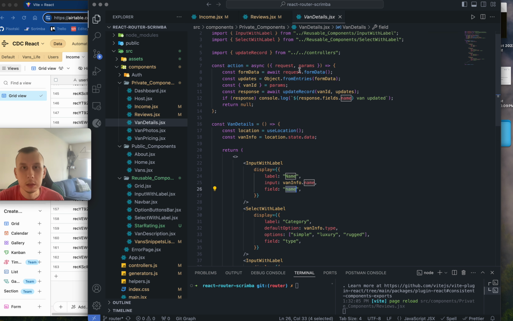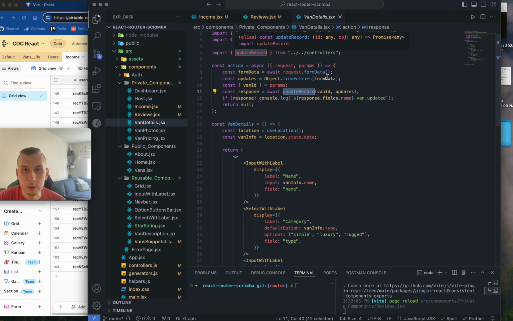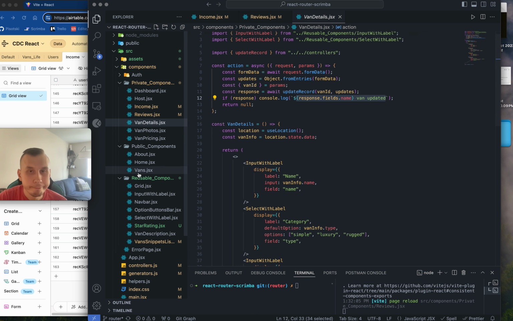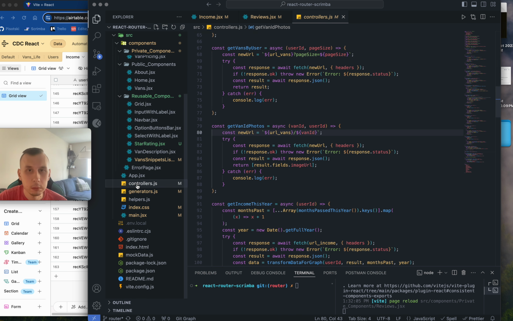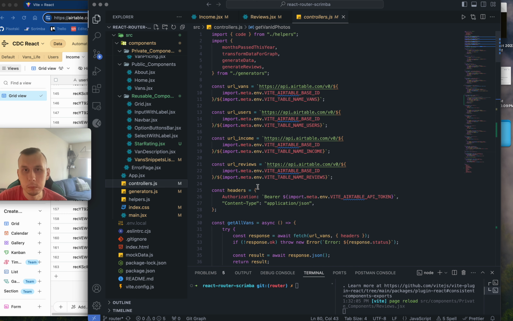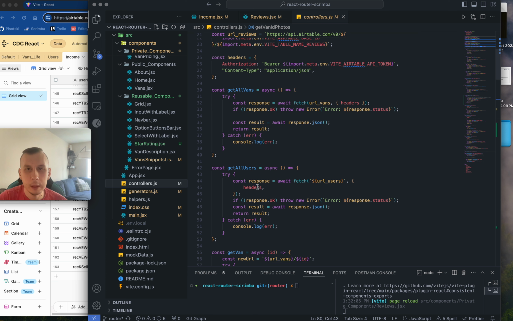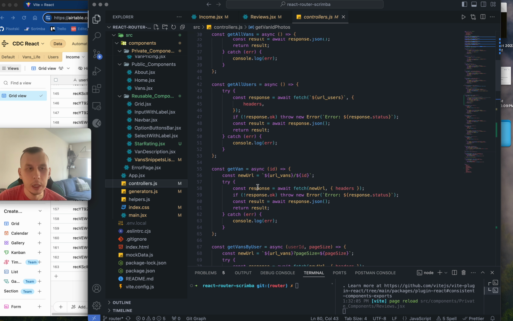And after that, it will be posted by one of the controllers here, and that's it. And it will get you a console log. Controllers are pretty messy right now, just because I'm using Airtable, and I have to do something around it too, but